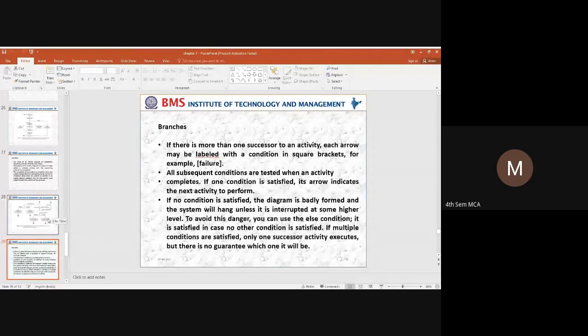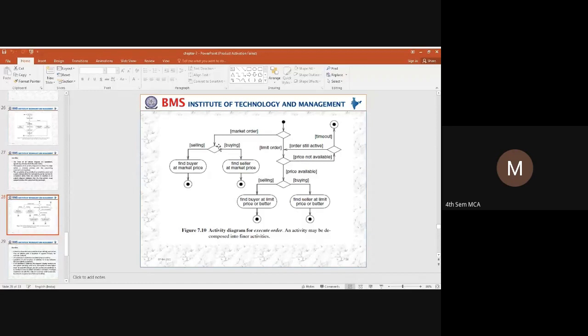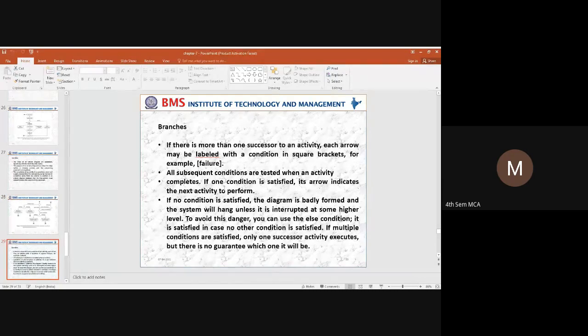So how do we indicate the branch? The branch is indicated with the rhombus symbol. This symbol indicates the condition or a branch. Here, all the conditions should be tested, so it has to execute all the statements at least once. How are we indicating that all the conditions are tested? We are indicating with arrows what is the next activity that has to be taken care of.